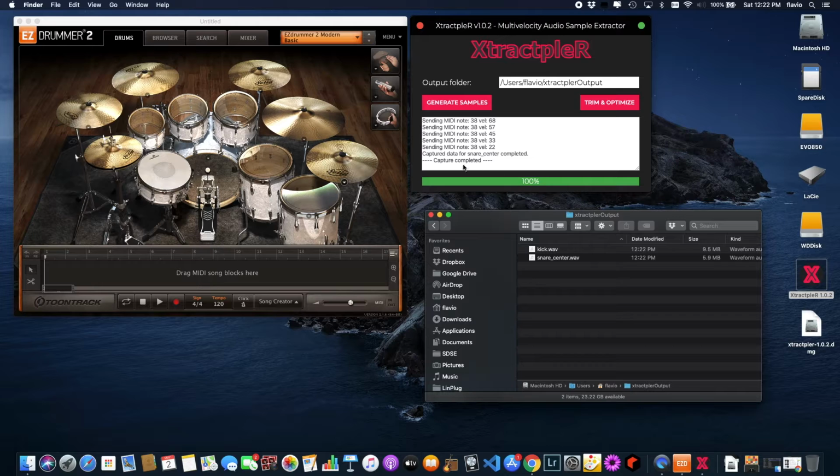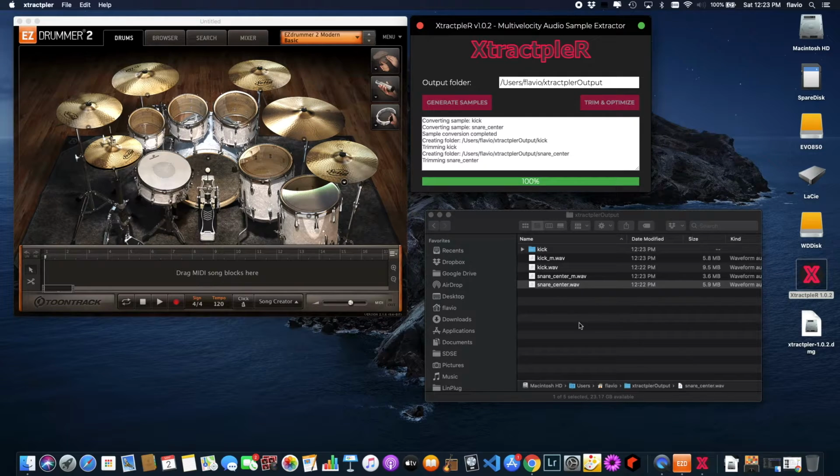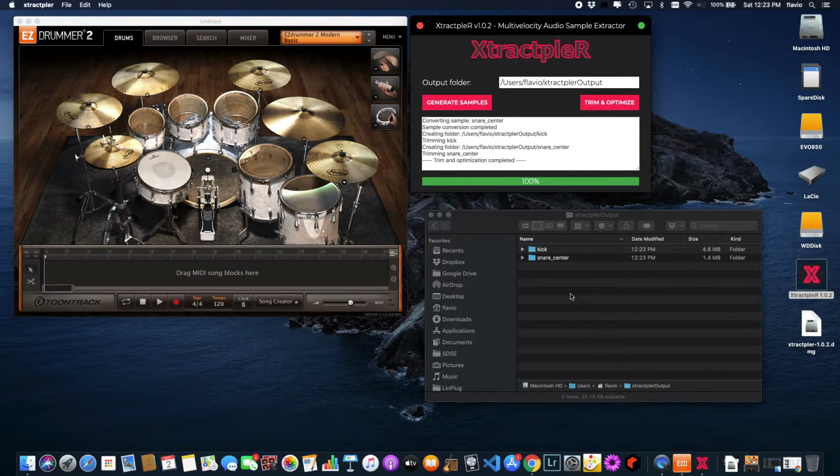So there we have it. Capture is completed, and you can see that it has created a couple of, in this case two different, WAV files, right, from EasyDrummer. However, this is not yet done, right? So we need to separate them in a way to have the multi-velocity samples. So the next step, when the capture is complete, is just to click Trim and Optimize. And when you do that, it does a kind of conversion in there and removes the previous file, and at the end,